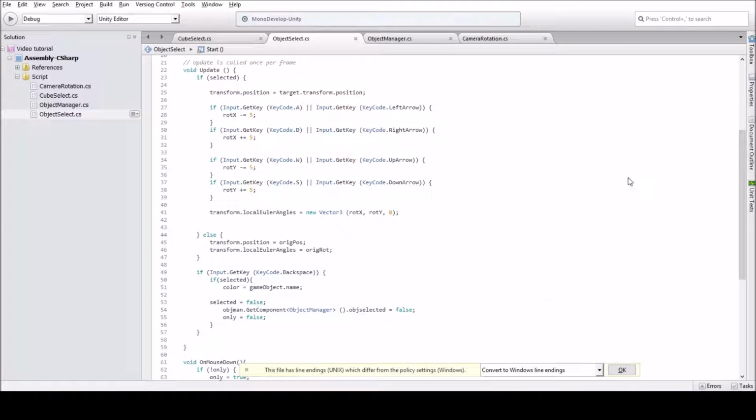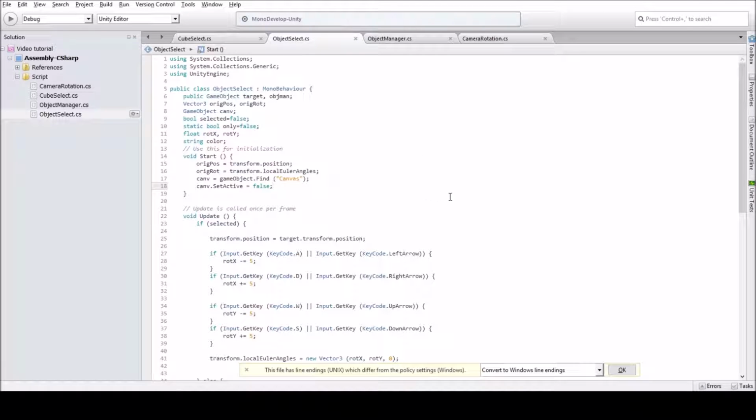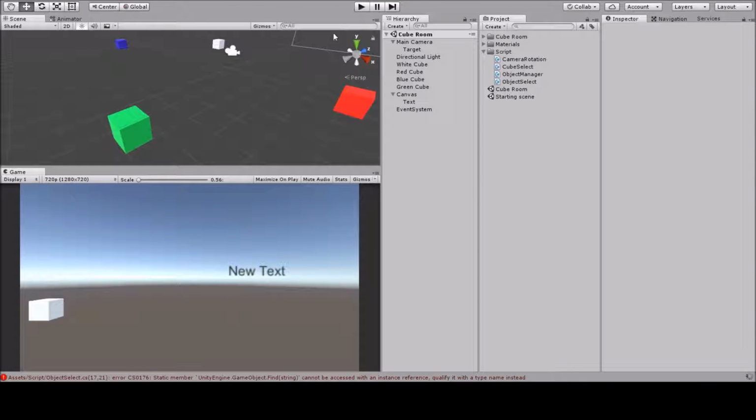Oh, we have an error. Unity Engine. It's GameObject.Find. Oh, it should be capital GameObject.Find("Canvas"). So let's go back, and with that simple code, when we start,